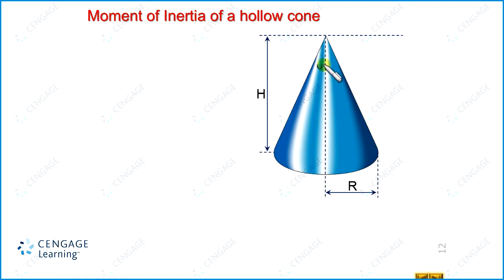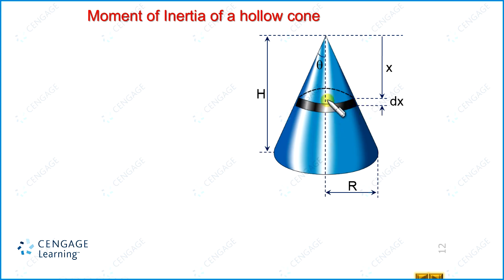Let us consider this angle is theta, that is the semi-vertex angle is theta, and let us consider one sample elemental ring, this one. The distance of this elemental ring from this vertex equal to x, and this vertical distance between two faces of the ring equal to dx. Here one thing is to be noted, that dx is not the width of the ring, because this is only the vertical distance between two faces, right? That the upper and lower. So for calculating the actual width, we need to calculate this distance, that is the inclined length.